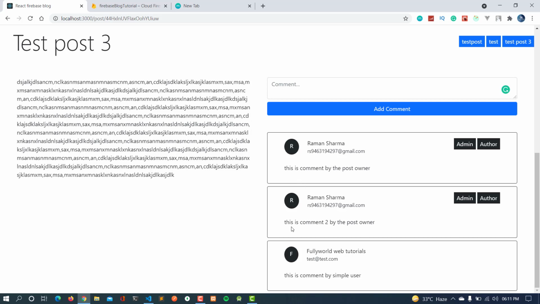So here should be the reply button. So that we will do in the next video, and in the next video we will see how we can add the replies here. So first of all we will add the reply form, and then we will take another video to add the reply here. Then we will take another video to show all the replies, and then we will move towards the home page. So for today this is enough.